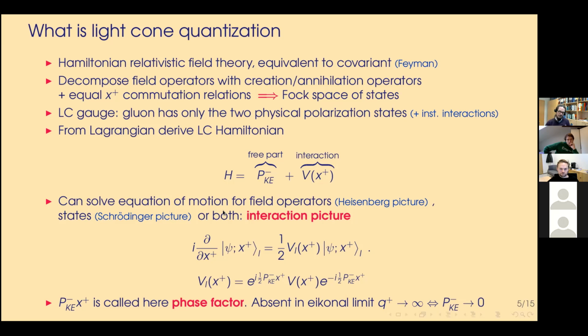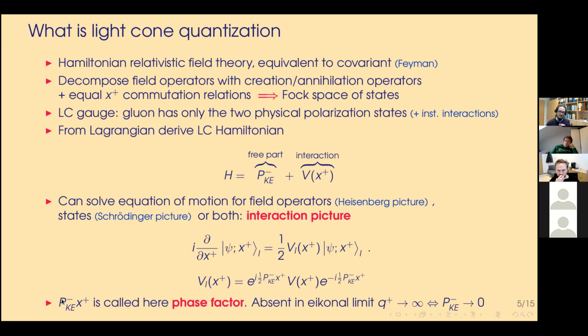I will show a lot of things with and without this phase factor, because it is nice to have explicitly here. What happens is that P minus, the kinetic energy, is absent in the eikonal limit. This is light cone, so when you go to the high energy limit, the energy goes to 0. The high energy limit in a scattering process is where the plus momentum of your incoming particle goes to infinity, and that means its minus momentum,